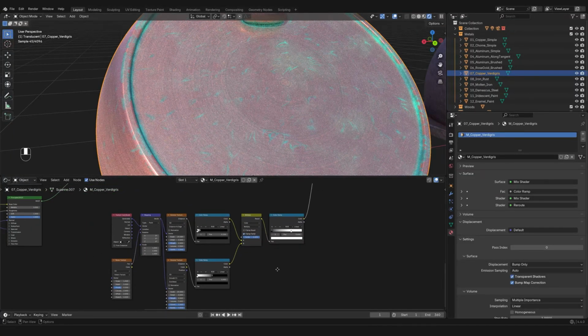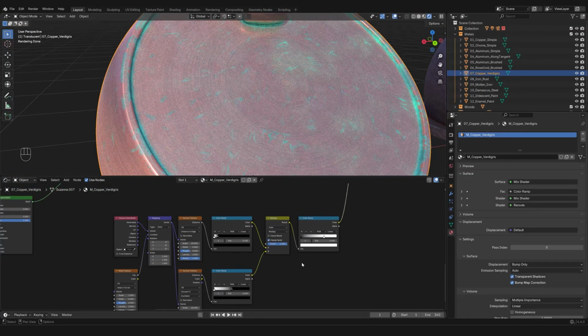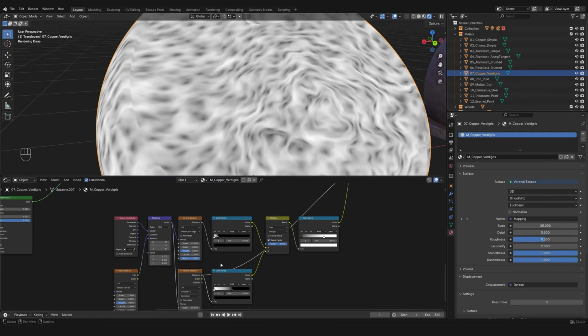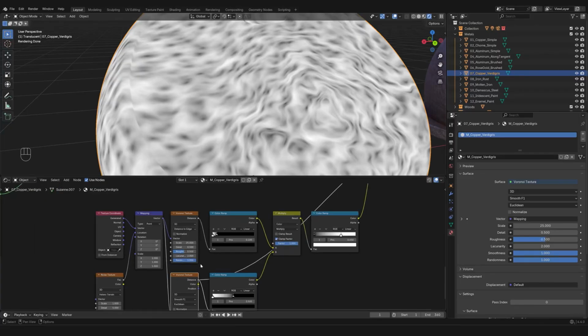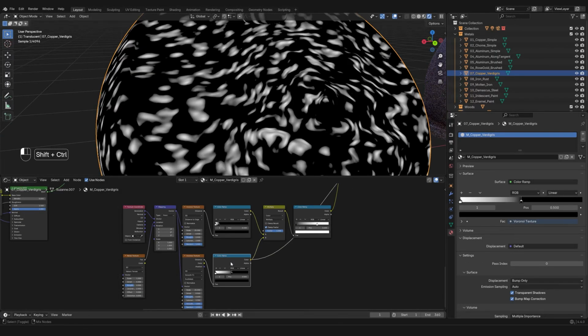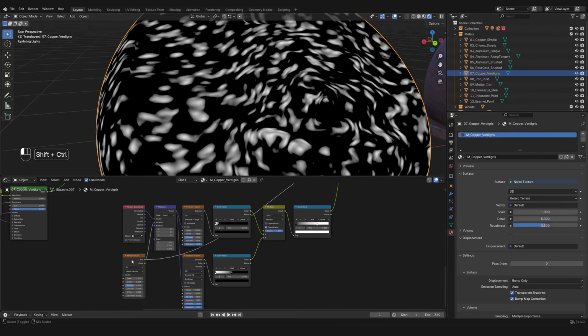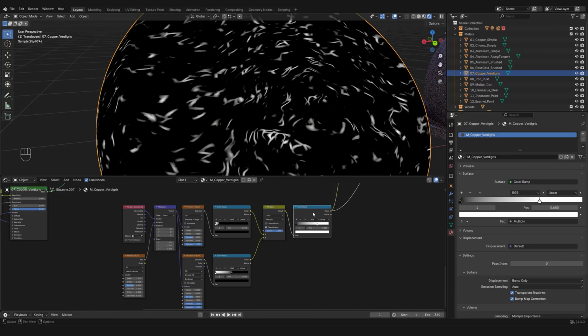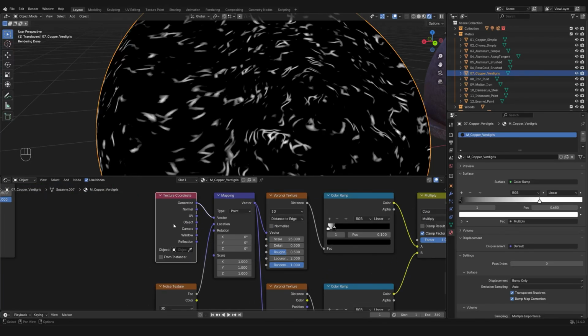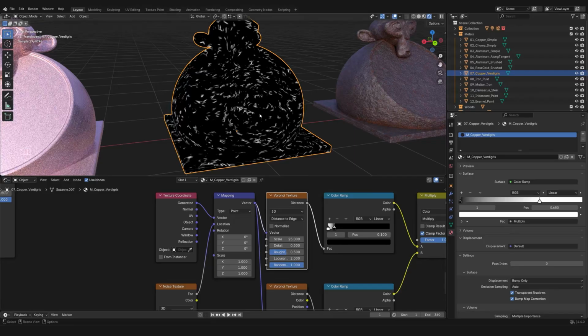And so once again, same exact logic. What we have over here are masks that are using another type of noise called Voronoi and using color ramps to create the noise texture that we need over here, right? So what do we have here? There's a texture coordinate and a mapping that is telling this Voronoi noise how to get displayed over